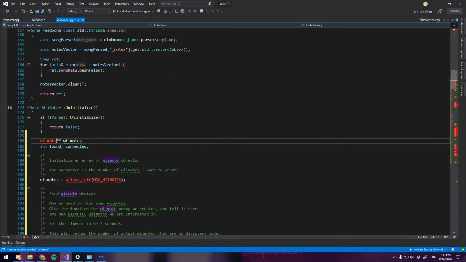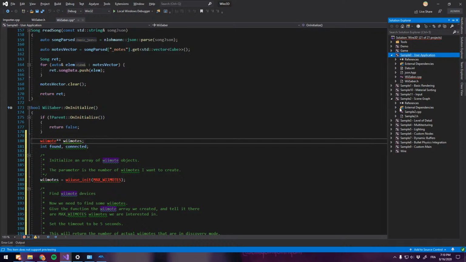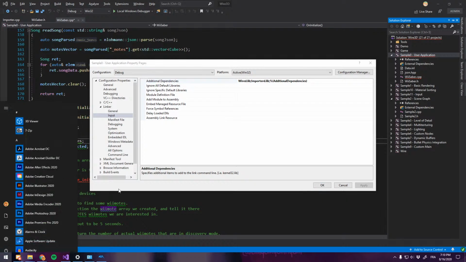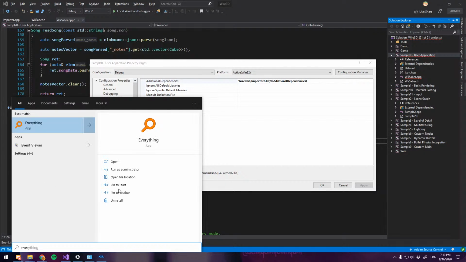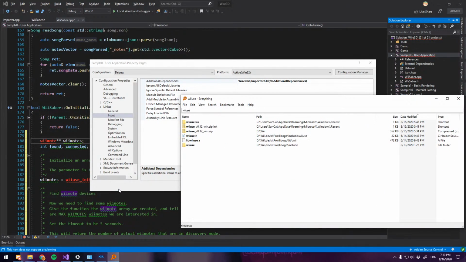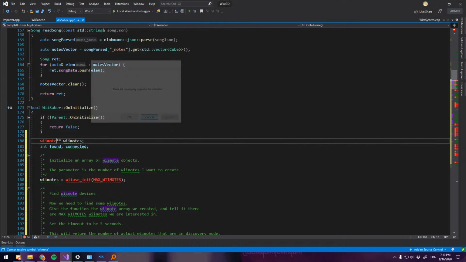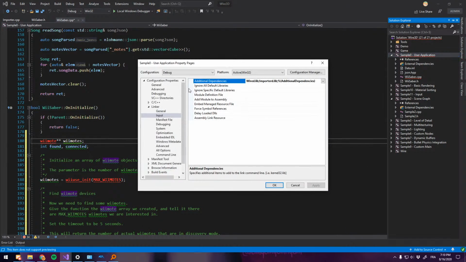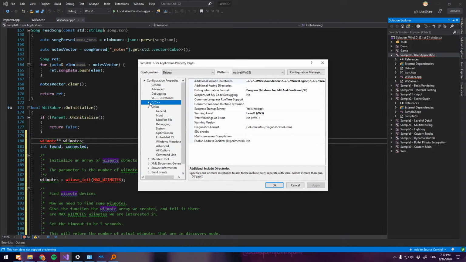Cannot resolve symbol Wiimote. That's fine though, because we need to add the include directories of we use. So if I go back to everything and look up we use, that's devkitpro/libogc/include/we use. Oh, okay. So if I go into here and I go into include directories,